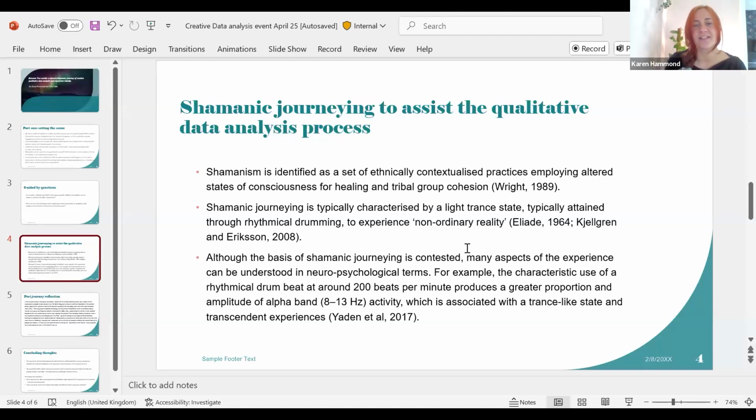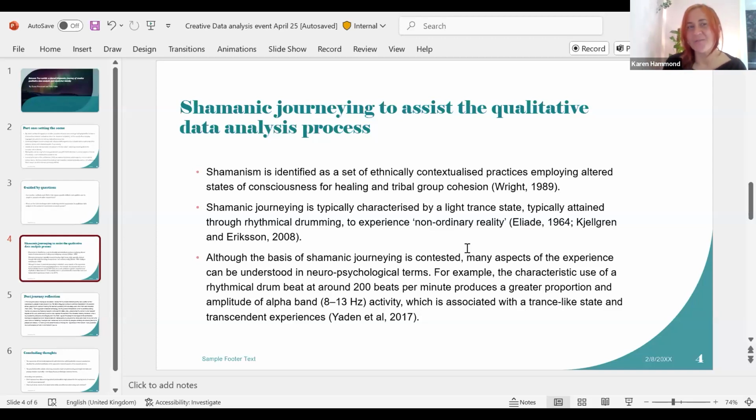So what we did is we decided for me to experience the shamanic journey and process. Nick brought me into a space and he used the drum beat, and I essentially lay down on the floor, and he asked me to have a question in mind. And my question, as this process is always guided by a question, was for me to have greater insight into my process of analysing qualitative data.